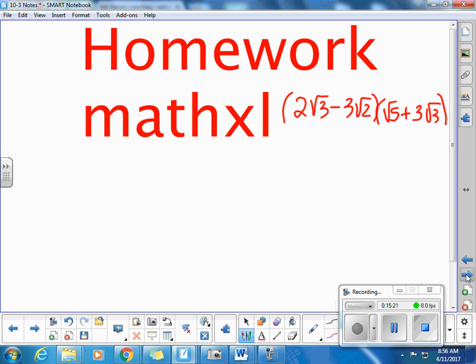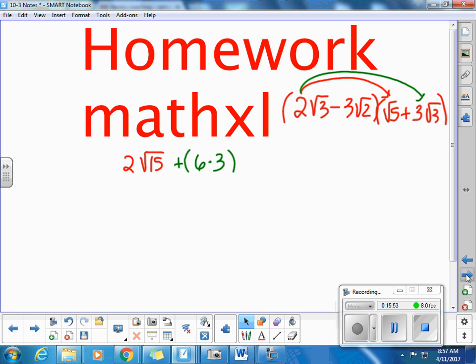All right. If we do it the FOIL method, I would just take that times that. So 2 square root of 3 times the square root of 5 would be 2 square root of 15. 5 and 3. And then next one, I will do this, and I get 2 square roots of 3 times 3 square roots of 3, so that would be plus 6. Square root of 3 times square root of 3 is the number 3, so that's my second term. And the third term, FOIL, so I inside, negative 3 square root of 2 times square root of 5 is